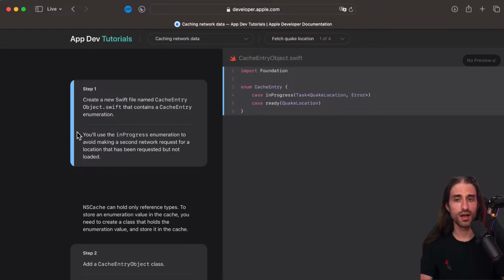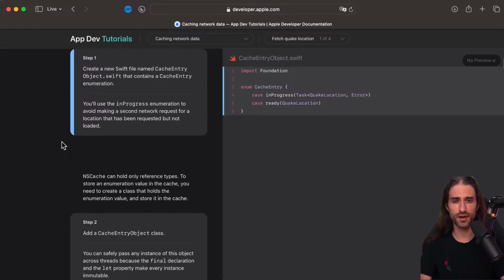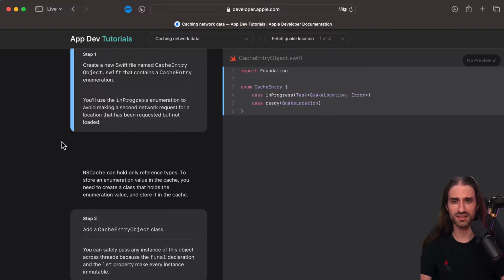If someone asks you what a cache can be useful for, you could say that it's useful so that you don't make again a call that was successfully made in the past, but it's also that you avoid making several calls in parallel that are actually loading the same resource, but each of them is not aware that it's already happening and triggered by another place in the code. So that's very good that they also cover this use case.